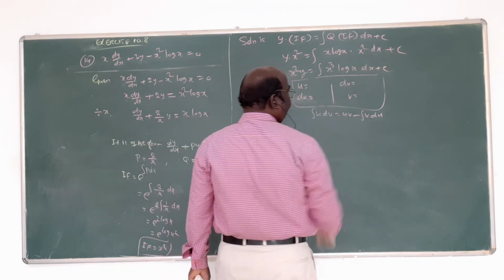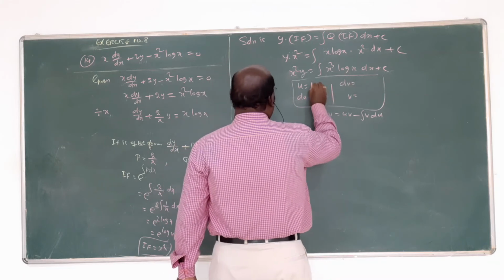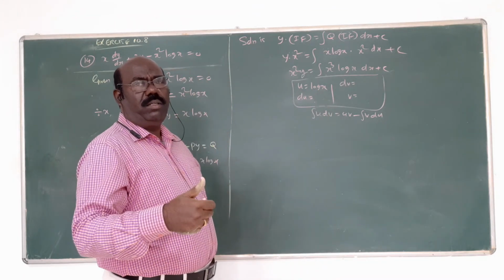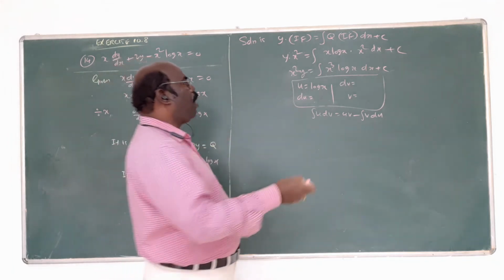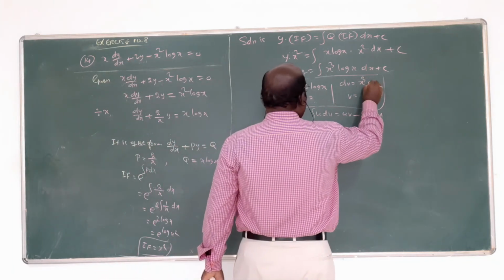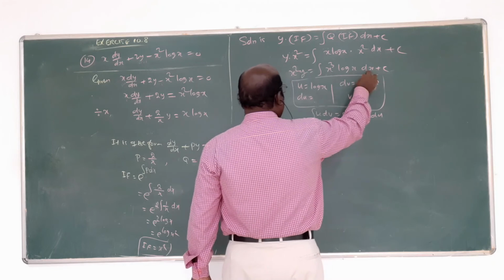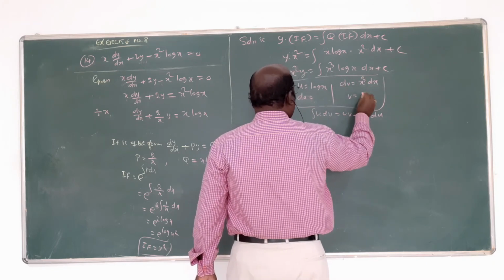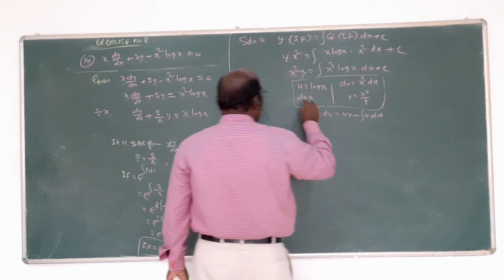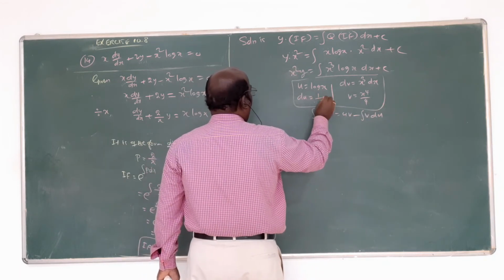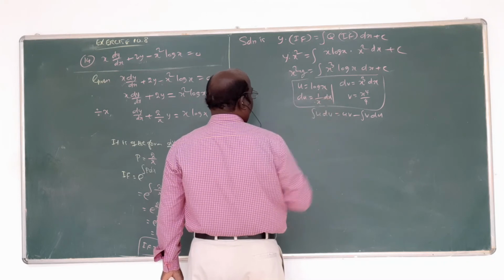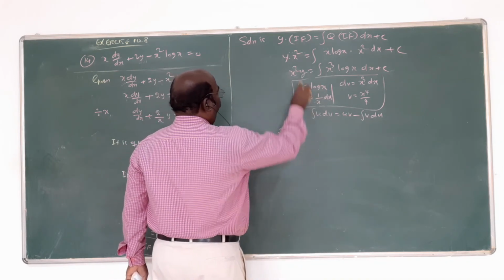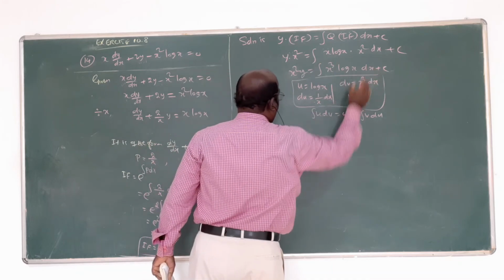Now the same thing, the product of two functions. But log x is nothing but u. By the ILATE rule, you choose u, and the remaining quantity will be dv. What is the remaining quantity? x cube. Integral of dv is v. x power 3 integrates to x power 4 by 4. Differentiation of log x is 1 by x. Okay? This is the formula. Now substitute here: therefore x square y equals